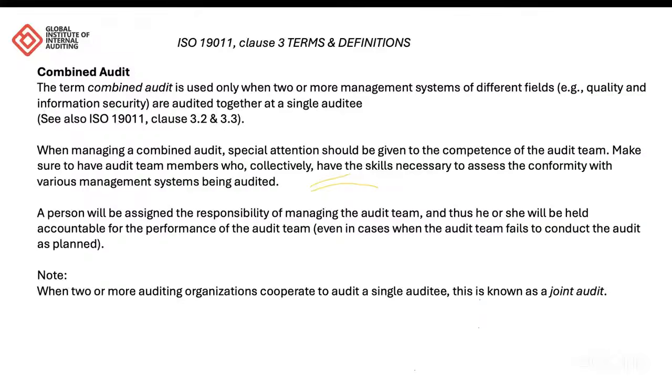So when managing a combined audit, special attention should be given to the competence of the audit team. Make sure to have audit team members who collectively have the skills necessary to assess conformity with the various management systems being audited. One person can have multiple management lead auditor certificates. One person can have the competence to audit all of those management standards. And if it is difficult to get such a person, then it is very important that you have an audit team that has the capacity and the competence to audit all of these standards. You don't go and carry someone who is specialized in auditing ISO 27001 and you ask that person,